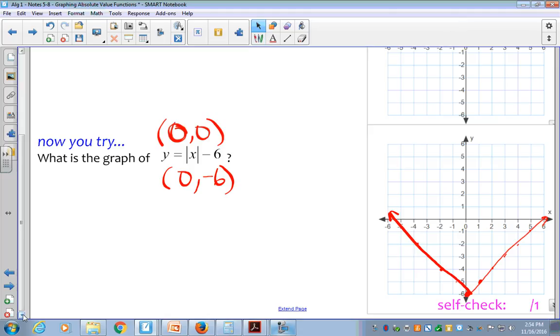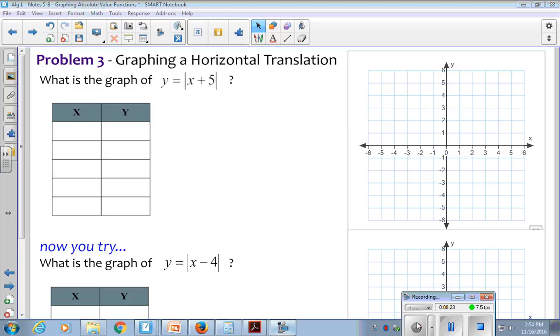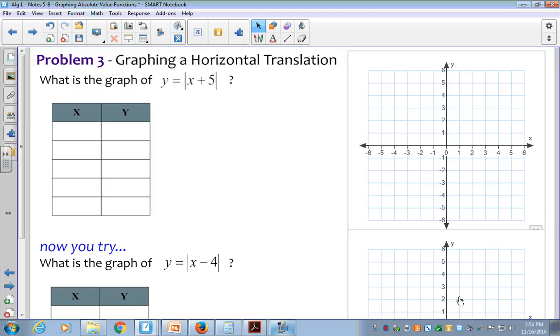And that's the graph of y equals absolute value of x minus 6. The horizontal translation is a little bit different. So let's go ahead and graph it and see how it's different from the up and down vertical translations. So we're going to take the graph of y equals absolute value of x plus 5, and we're going to take a peek at what this does